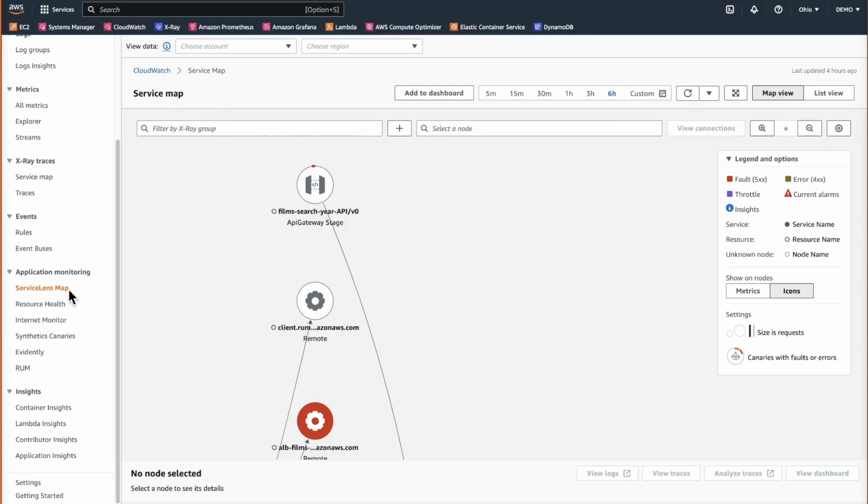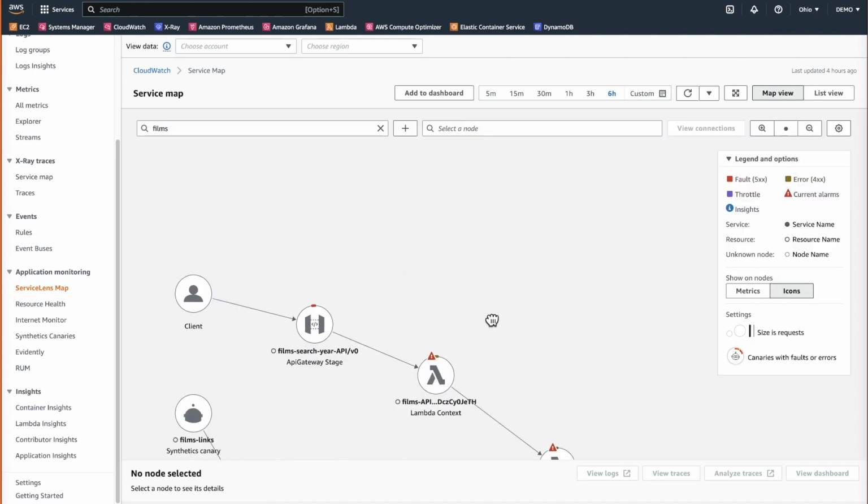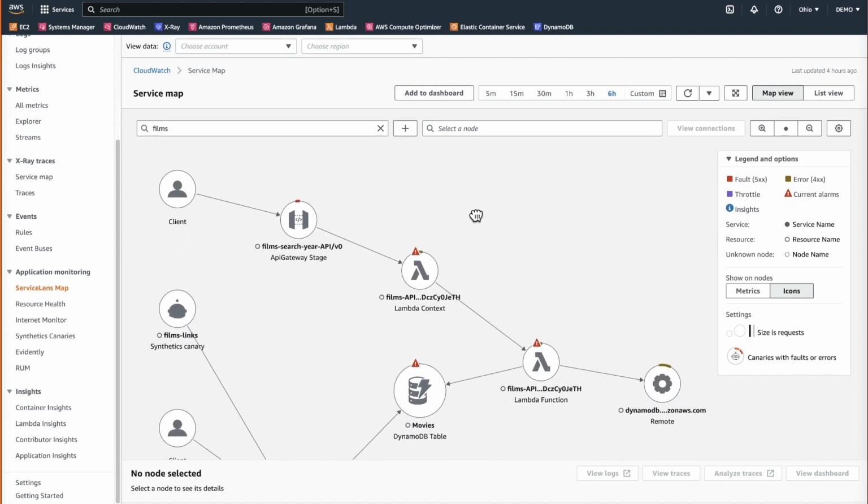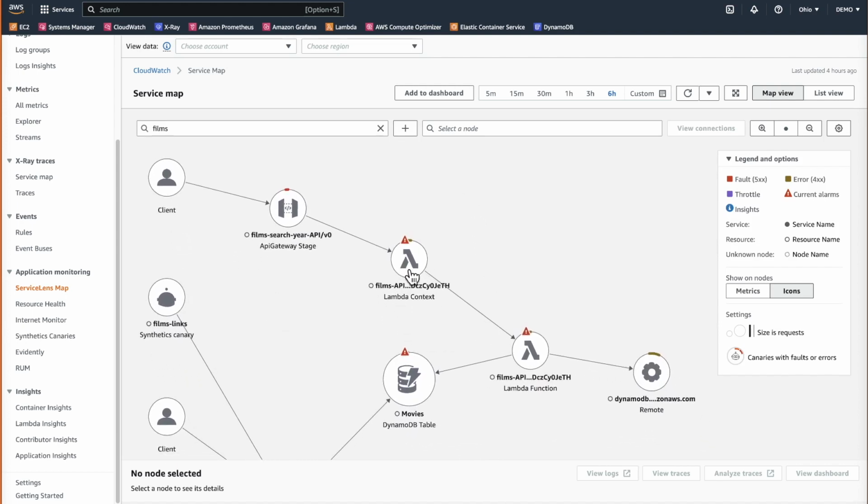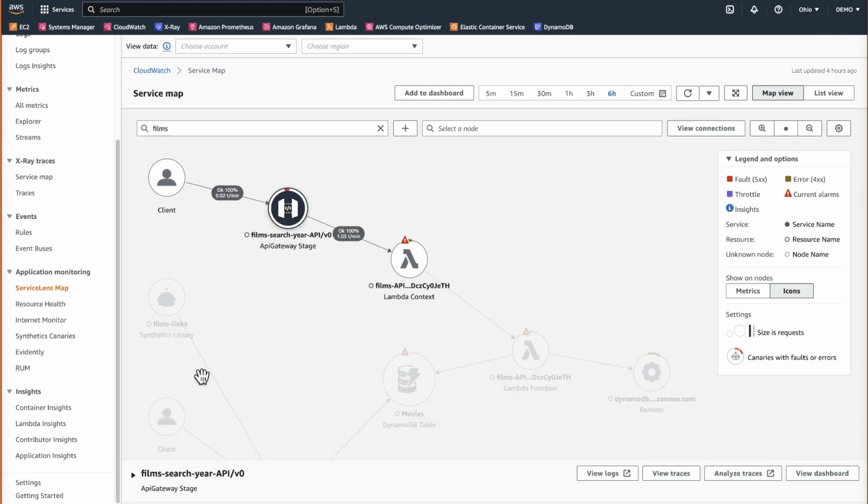So what I'm going to show you now is the ServiceLens map. This is in the CloudWatch console under Application Monitoring, ServiceLens map. And I'm going to show you a group that I've created that makes up part of my application. In this application, for the API, I'm using an Amazon API Gateway and a Lambda function, and the Lambda function is calling a DynamoDB table to get the movies from. Now the red here indicates that I've got a problem. I've got some faults. So I'm going to click on this,